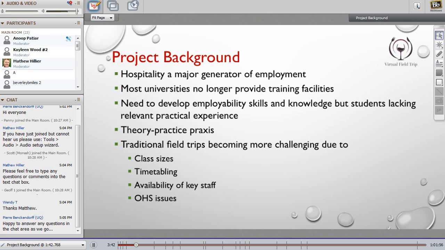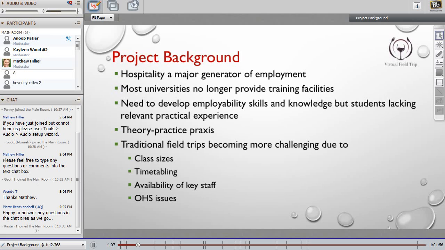So we have this challenge of merging theory and practice, because simply chalk and talk with the students is not enough to make them ready for the jobs of the future. Students need some exposure to the working industry. Another way is to take students to the industry on field trips. But traditional field trips pose large challenges, especially in universities with large classes.